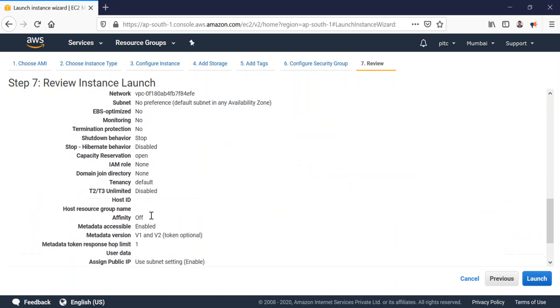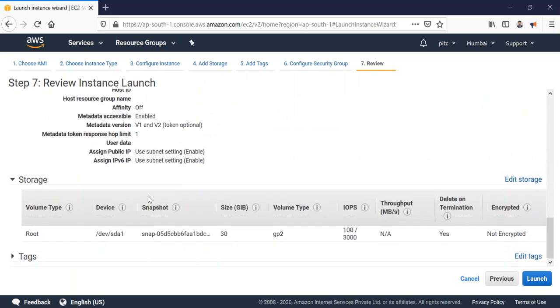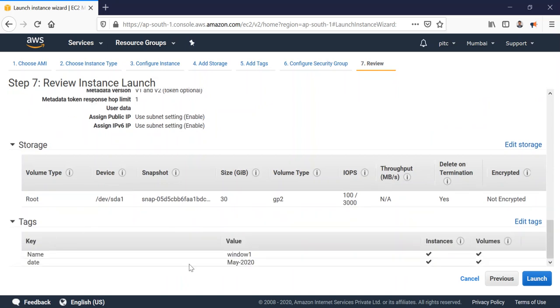You can also check the instance details, and all other information will be there regarding storage. I don't have any extra storage, only the root volume where my operating system will be stored. And the tags, these are the tags I just put.